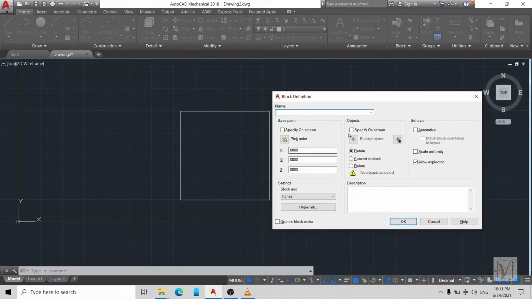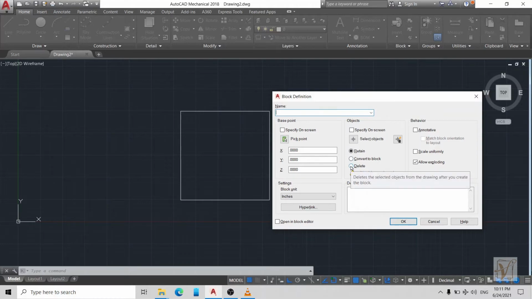Here in objects group, specify on screen lets you select the objects for the block you created. Select objects and quick select lets you select the objects for the block you have created. Retain is keeping the objects you selected for your block as they are. Convert is to convert selected objects to a block instance.